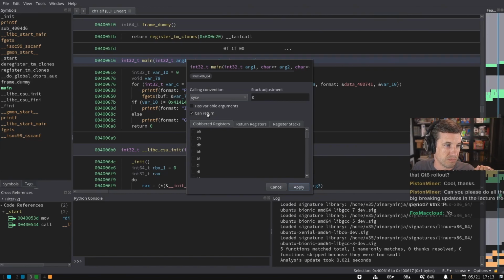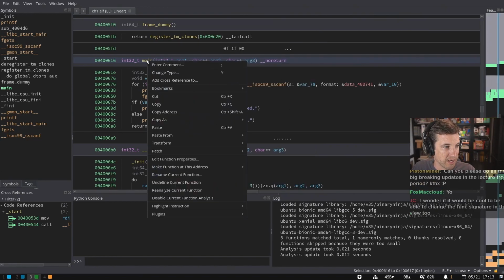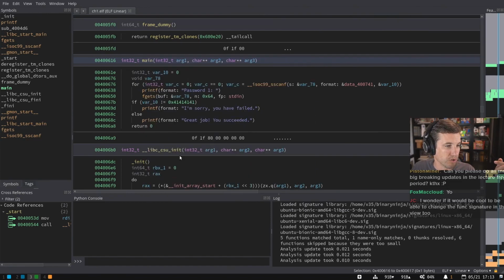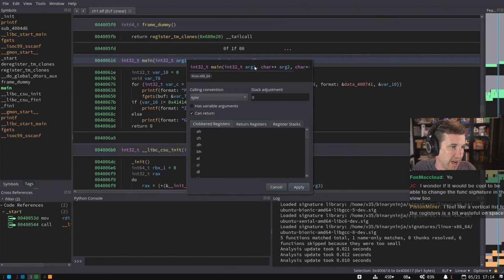So you can toggle that off, and I think there's an issue right now where if I toggle it off and then I apply it, it adds it, and then I can go back and edit again. But it doesn't currently update that until I click apply. So just one thing to note in the current one. I think there's some discussion about changing that. Yeah, JC, that's exactly the thought a couple of people have had: we're editing the function, couldn't I just click up here and type and change the prototype as well, and name arguments or change the return type and all this stuff? Yeah, I think that'll probably come too.